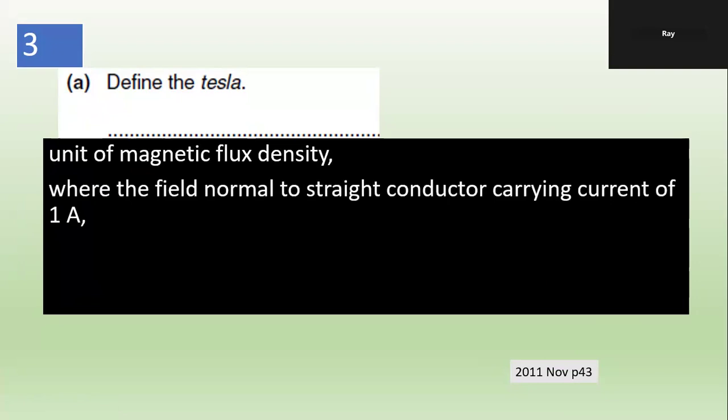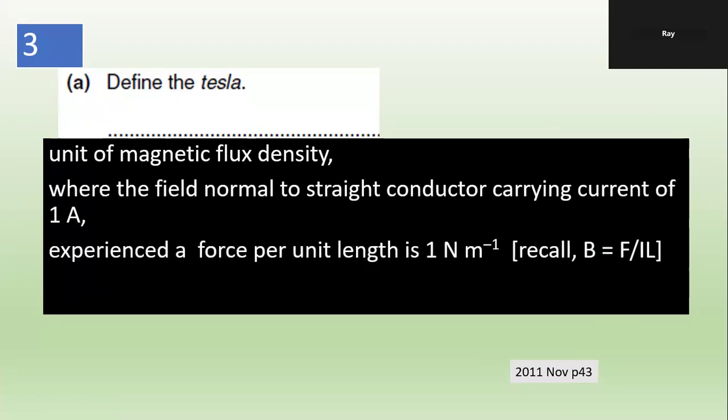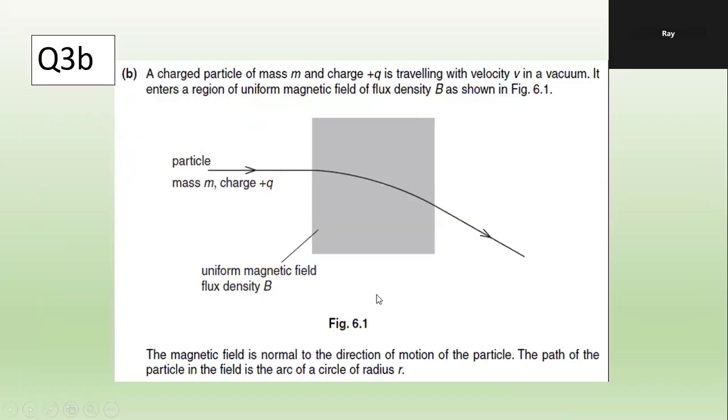Right, you should be able to define Tesla. I go very fast. There's a definition for Tesla based on this formula. A charged particle of mass m and charge q is traveling with velocity v in vacuum. It enters a region of magnetic field of flux density B as shown in figure 6.1. The magnetic field is normal to the